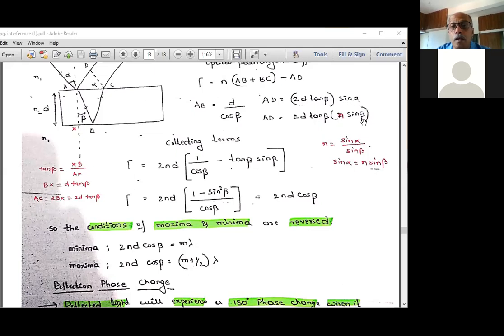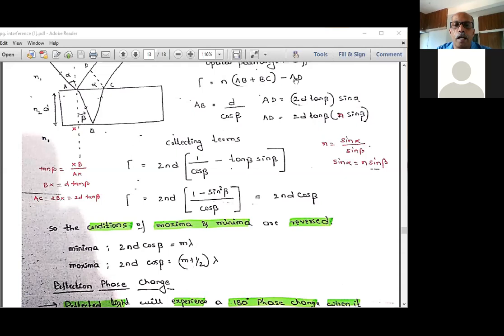In the notes you sent, it says 2 sin beta here, and I have corrected it. Remember that it should be n sin beta, not 2 sin beta, right? Therefore, substituting in this relation, in place of AB plus BC I put d cos beta plus d cos beta. Therefore, it becomes 2d cos beta. In place of AD I substitute this. This becomes 2d cos beta into n, that is 2dn cos beta.